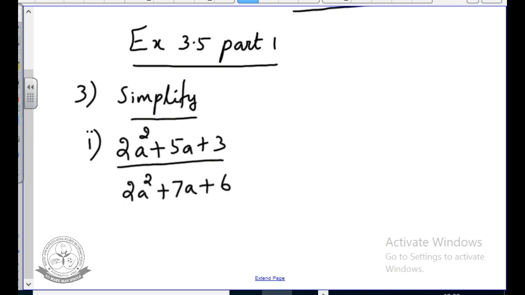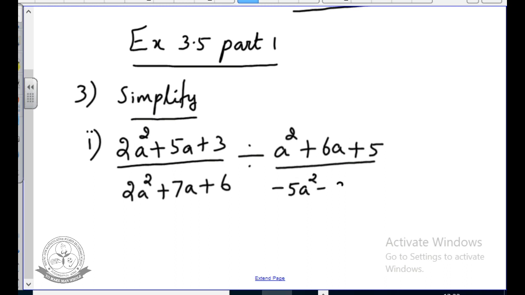In the denominator here 2a square divided by a square plus 6a plus 5 divided by minus 5a square minus 35a